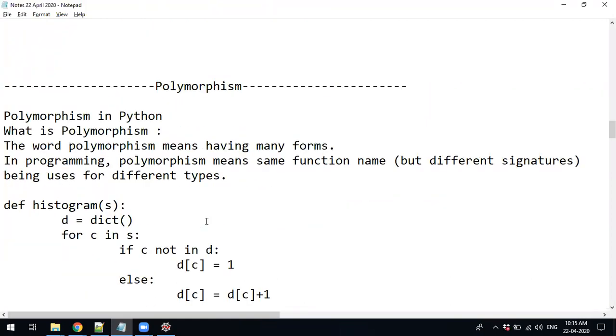And the last topic in this chapter is polymorphism. We know what polymorphism is. Polymorphism means many forms. A single name, the function name, is the same, but the signature is different. Signature is nothing but, in the brackets, the number of parameters, which may be 2. Assume that there is a function called add. One function add with 2 parameters, another function add with 3 parameters.